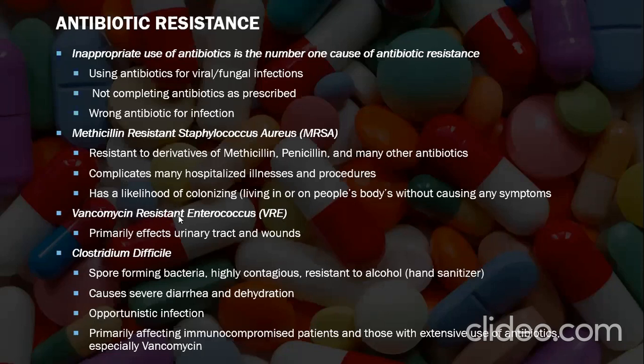VRE is another one, another antibiotic resistant infection. And it usually is found in urine or wounds. You don't usually see it elsewhere. It's usually found in